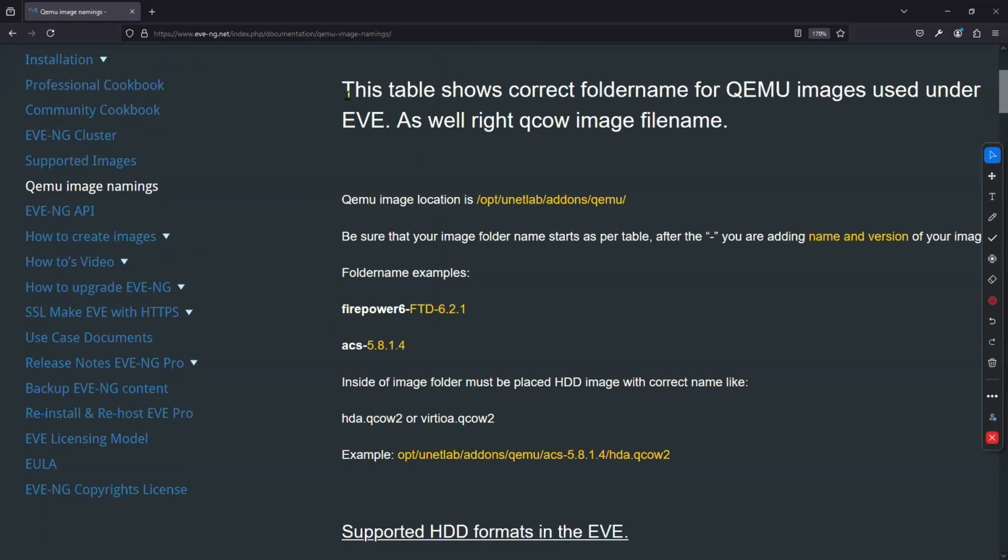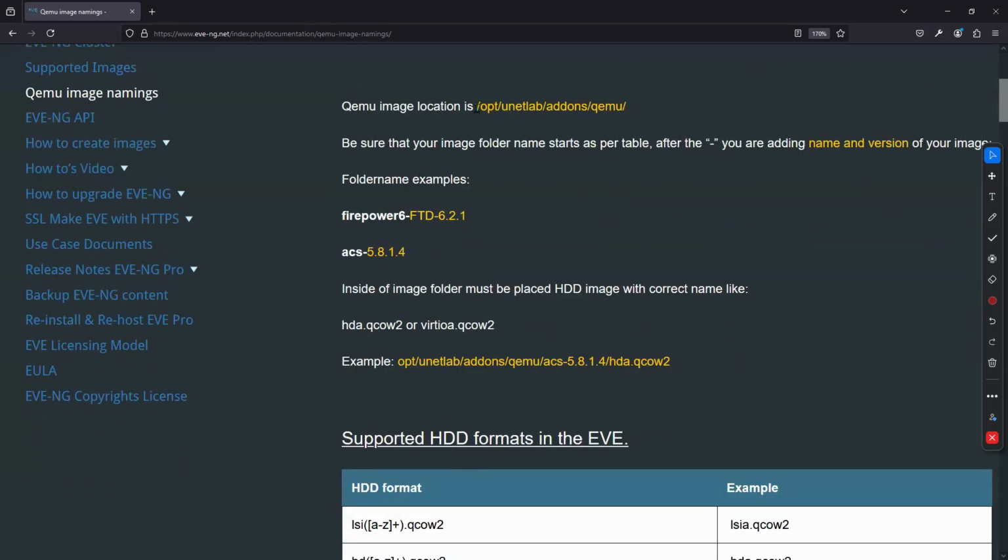You can see this table shows you the correct folder name. For QEMU images used under EVE, the QCOW2 file name and folder name are important. And we need to upload that to this path.